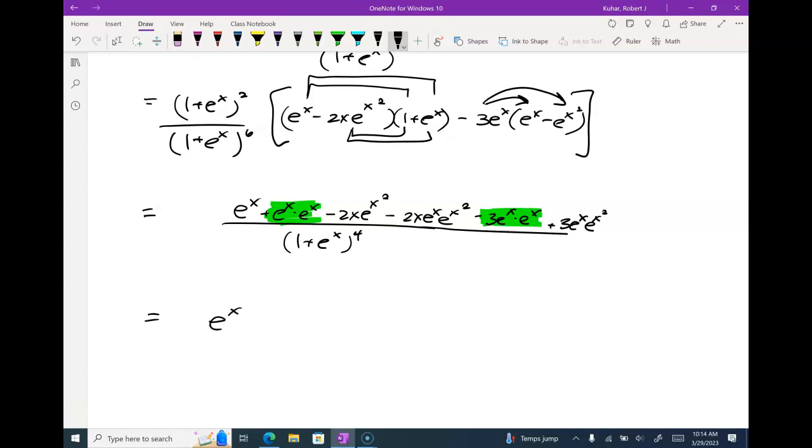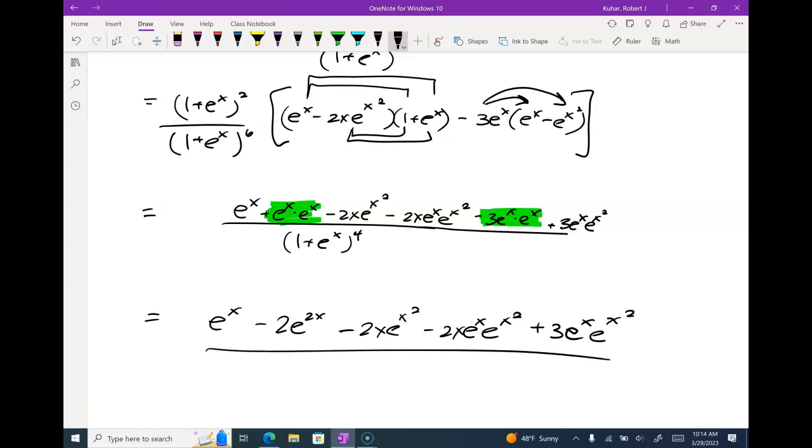So e to the x times e to the x is e to the 2x. So I have a minus 2 e to the 2x. And then I'm just writing everything else here. I have a negative 2x e to the x squared, minus 2x e to the x squared, plus 3 e to the x squared. Oh, do I have a combination? No. And I'm thinking I'm done here. But